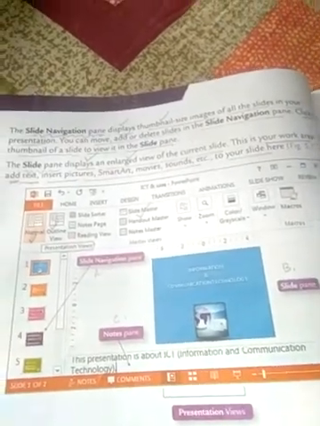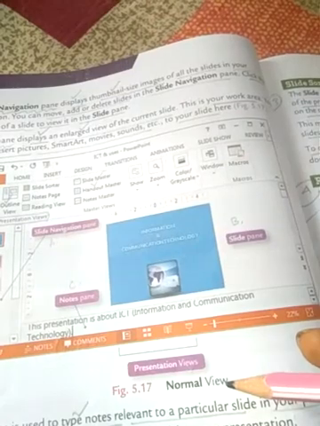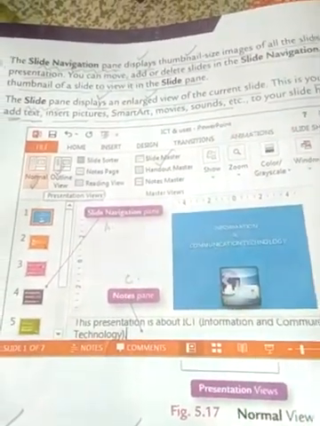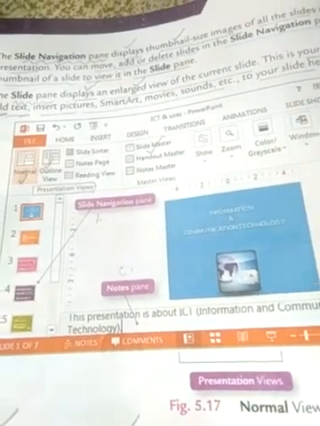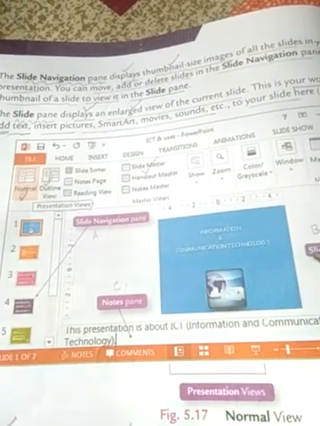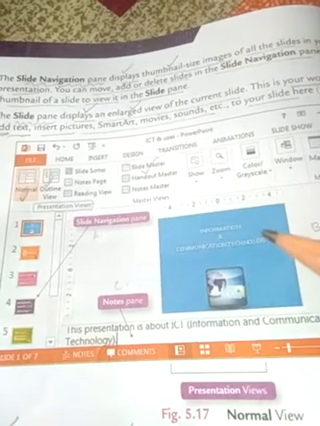Let's have a look at the normal view of the PowerPoint presentation. This is figure 5.17, and this figure is concerned with the normal view of the PowerPoint presentation. As I mentioned earlier, the normal view has three distinct parts, and these three distinct parts are used for different purposes.